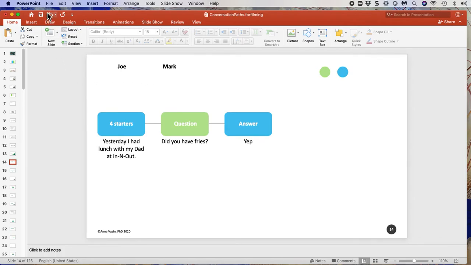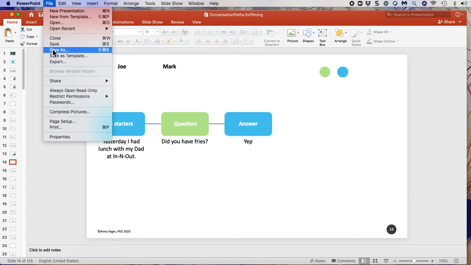To do that, go to File, Save As. And that's very important because you want to save this separately. If you save it on top of your original template, it will remove all of the different students. So you want to have that as your go-to template, and then under that you want to save individual or